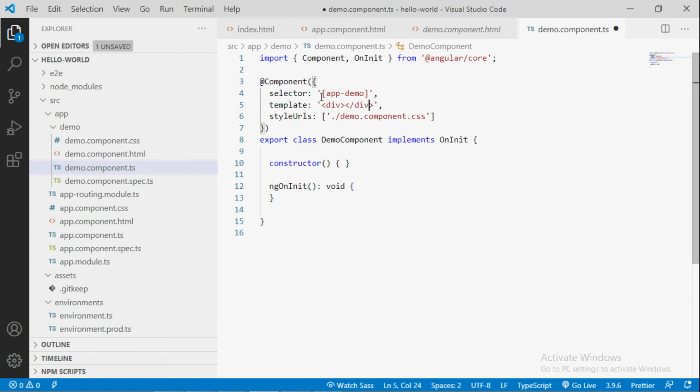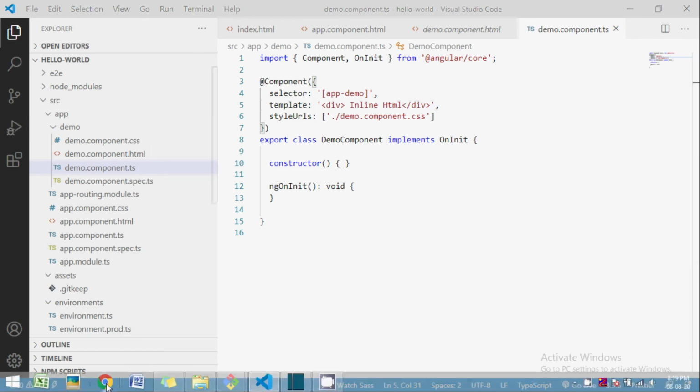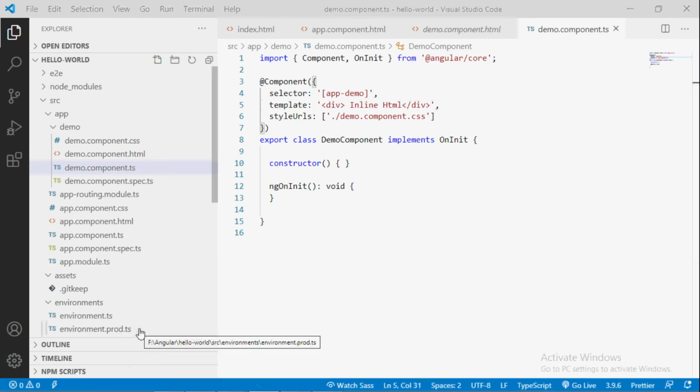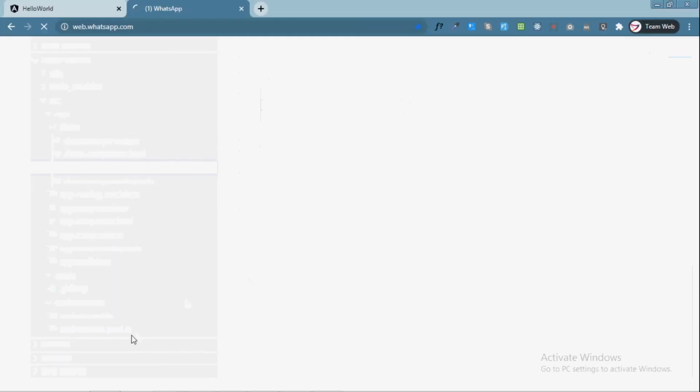Just add inline HTML in a div tag. Just save and go to the browser. Now you will see the inline HTML placed inside the div tag.